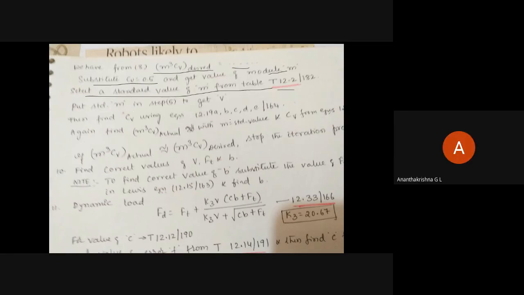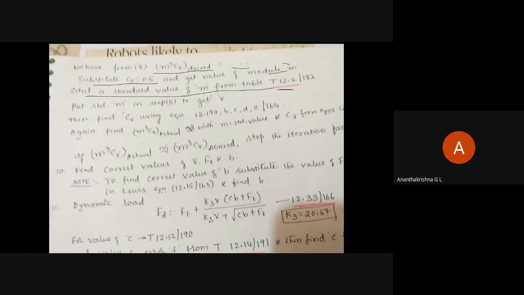Recommended series of modules. You have got there choice 1, choice 2, choice 3, something like that, correct? Yes, sir. For classroom design, we can choose anything, but we'll try to take maximum from choice 1 for the value of standard module m. We'll try to take standard module m from Table 12.2, choice 1 values that are available in the data handbook. Is that okay?